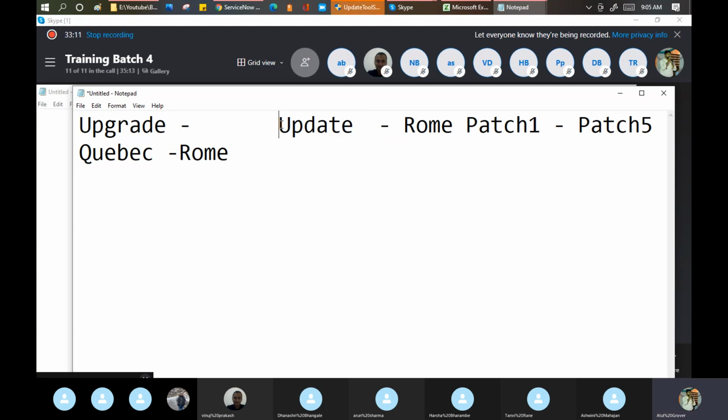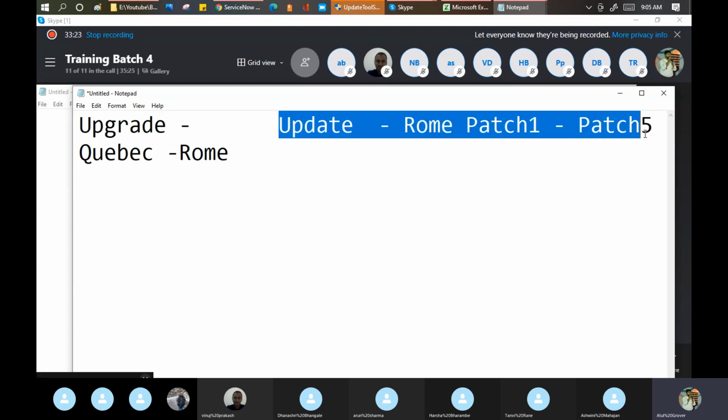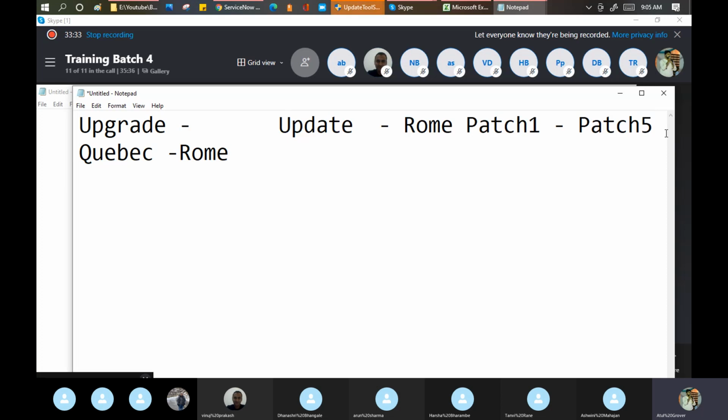Clear the terms till here? Any doubt, any question? Anyone? No, clear. Okay. Now the thing is that the update part can be done very easily. I'm updating my patches and it can be taken in a simple manner. But upgrade is something which is actually difficult.